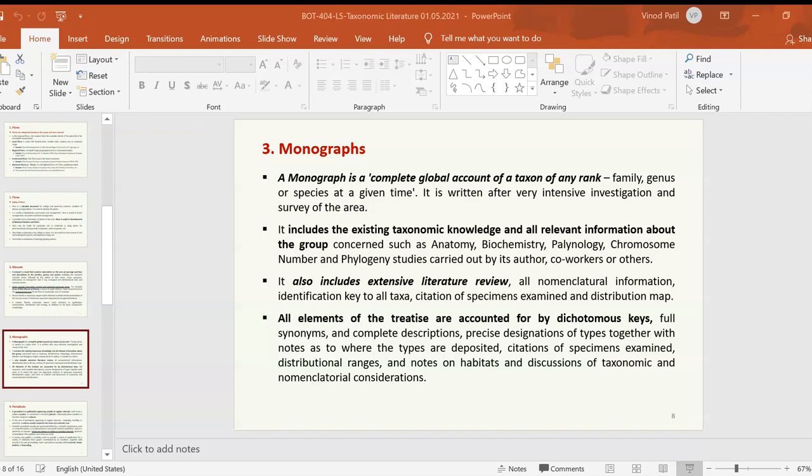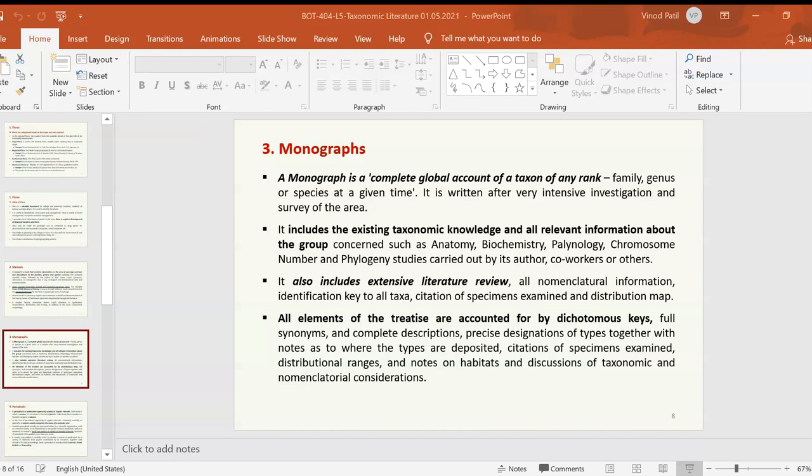So, all nomenclature information, identification key to all taxa, citation of specimens examined, and the distribution map. And all elements of the taxa are accounted for by dichotomous keys. So keys are also given for the identification of the taxon. Full synonyms, if available, are given, and a complete description of the taxon is